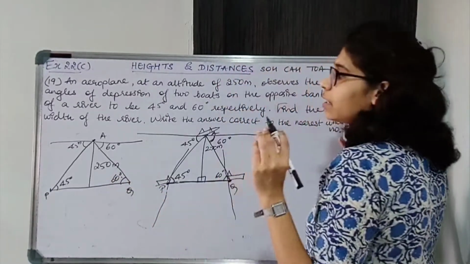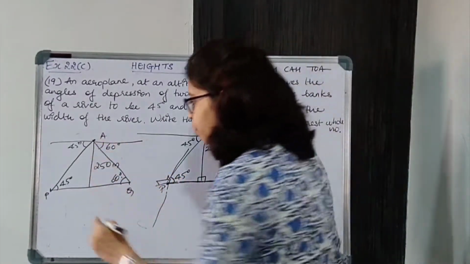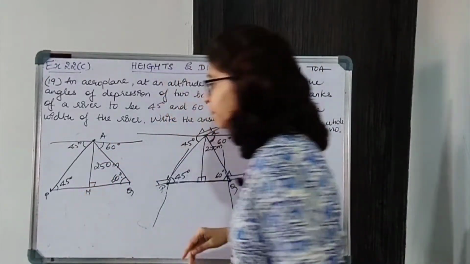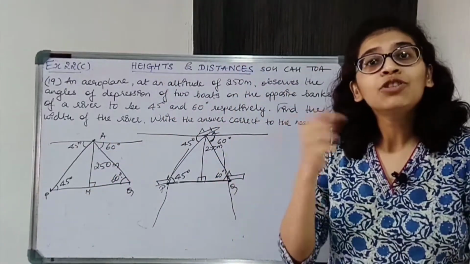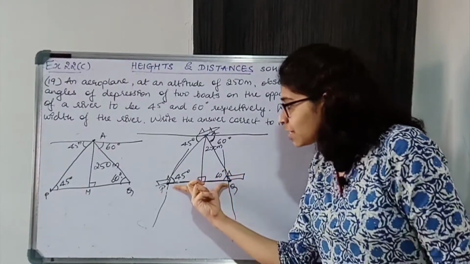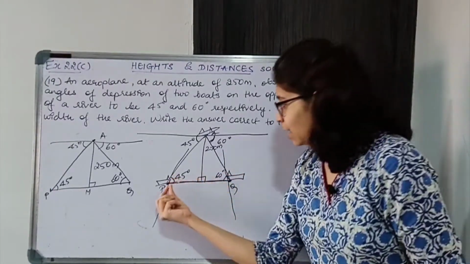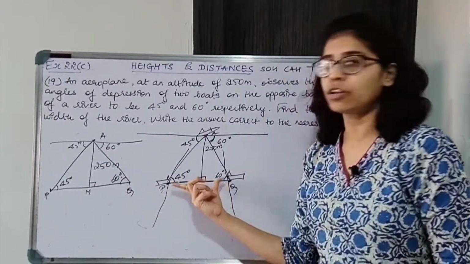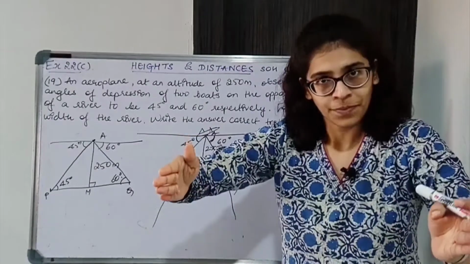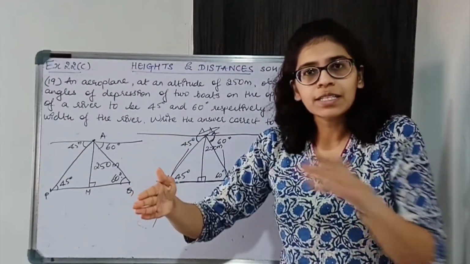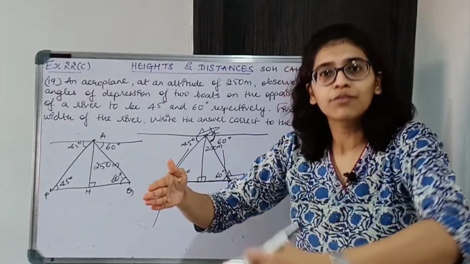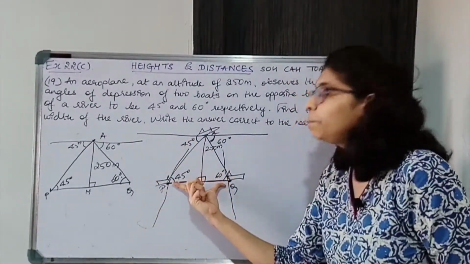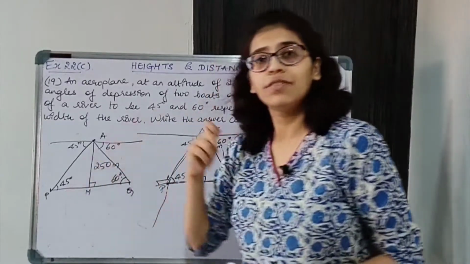Okay, now let this altitude be named AM. This is the height of the plane. Now we have to find the width of the river. Width of the river is nothing but this. The water flowing from the edge of one bank to the edge of the other bank is the width of the river. There are two banks, and the area between the two banks where the river flows is the width of the river. How wide is the river? So we have to find PQ, that is the width of the river.